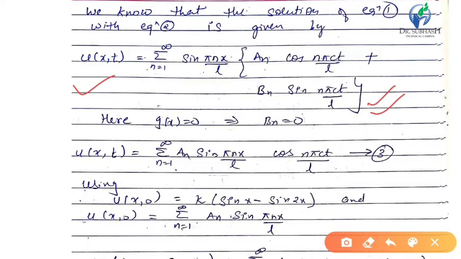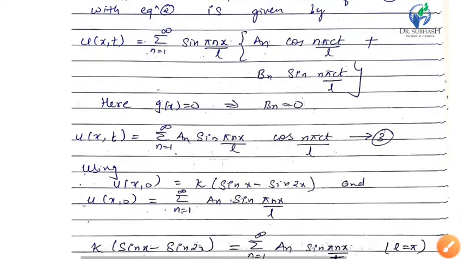Now we have already written that u_t of (x, 0) equal to 0. That means g(x) equal to 0. So if g(x) equal to 0, then b_n will be equal to 0. So the remaining part is only this portion, sin(n pi x upon L) and the portion of a_n. So I have written it here. Since g(x) equal to 0, b_n will be 0, so this whole portion will become 0. We name this as equation 3. Now we will use here the initial and boundary conditions.